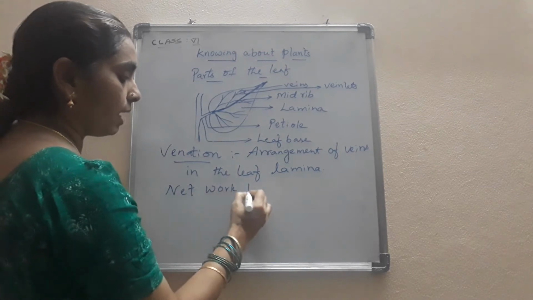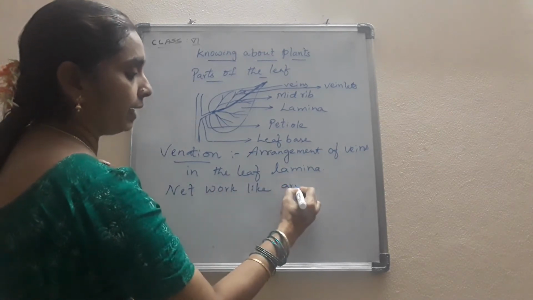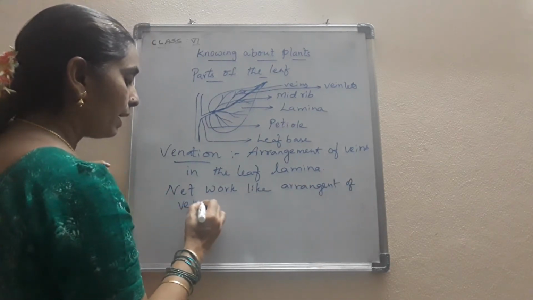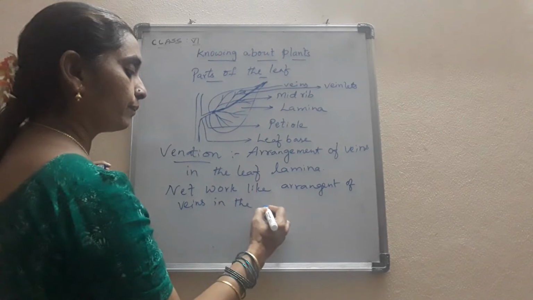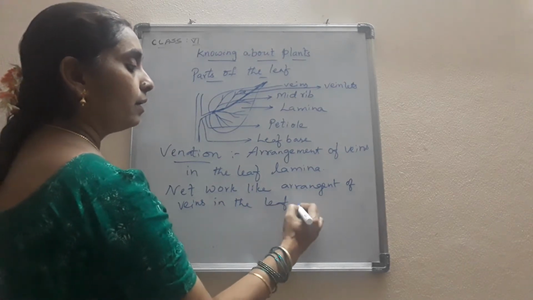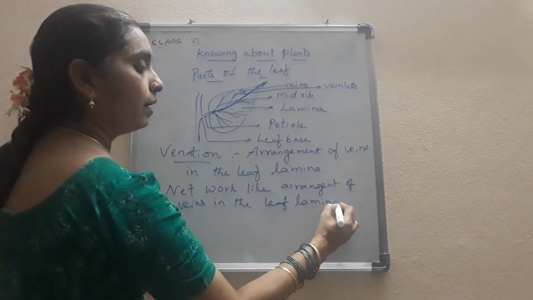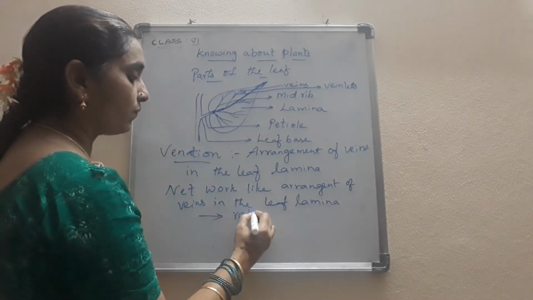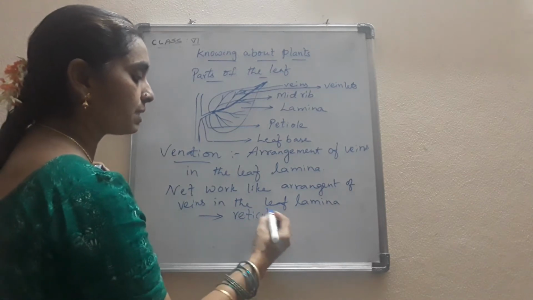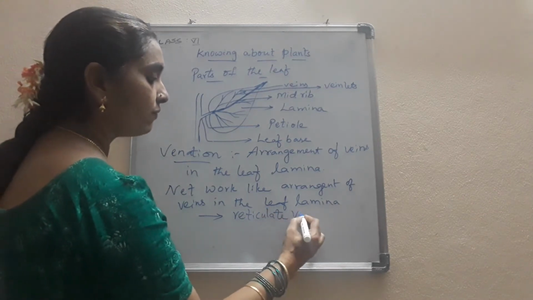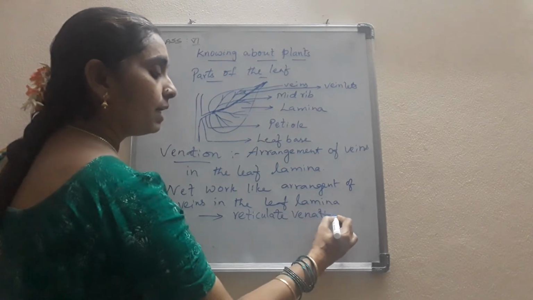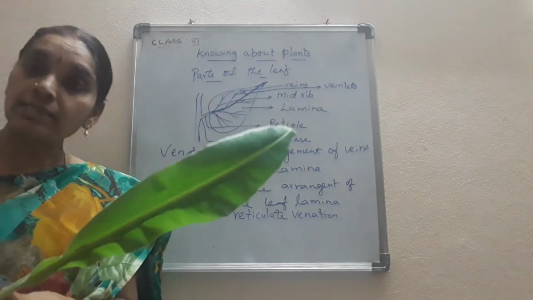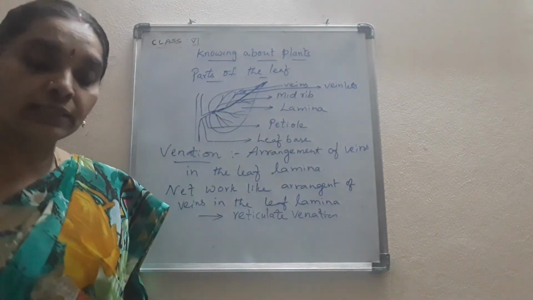Network-like arrangement of veins in the leaf lamina tells us that it shows reticulate venation. What is the type of venation it is called? Reticulate venation. If the veins are arranged parallelly to one another, as in the case of banana or the grass,